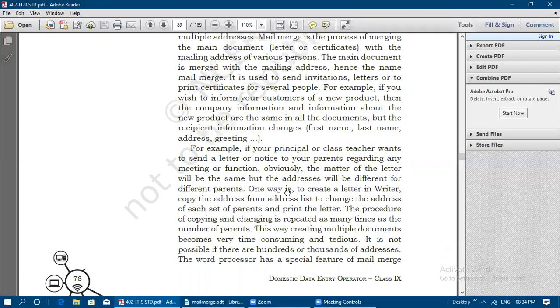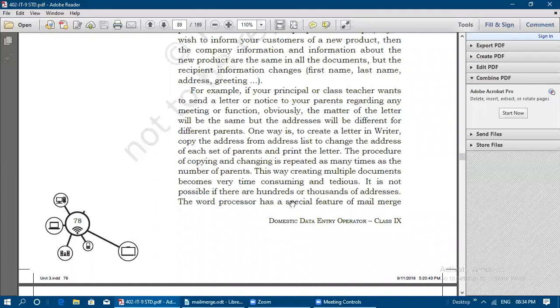One way is to create a letter in Writer, copy the address from the address list to change the address for each set of parents, and print the letter. The procedure of copying and changing is repeated as many times as the number of parents increases. So this way creating multiple documents becomes very time consuming and very difficult. It is not possible if there are hundreds or thousands of addresses.